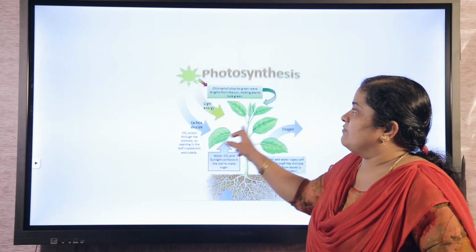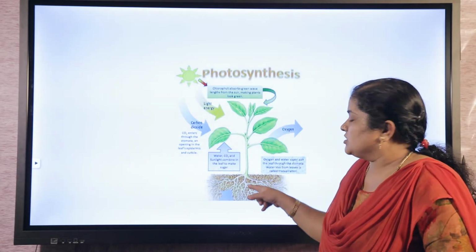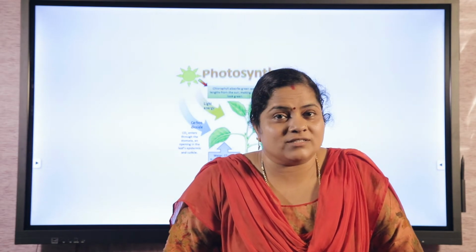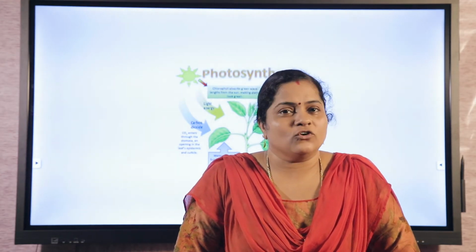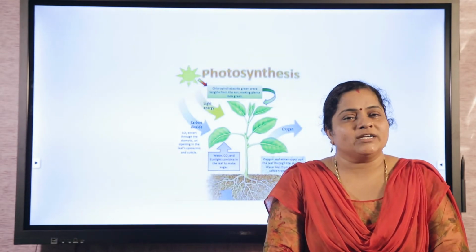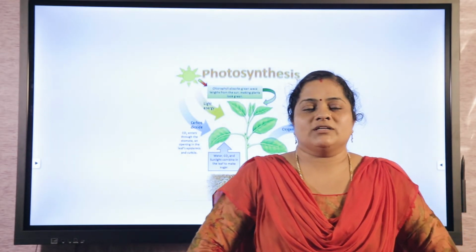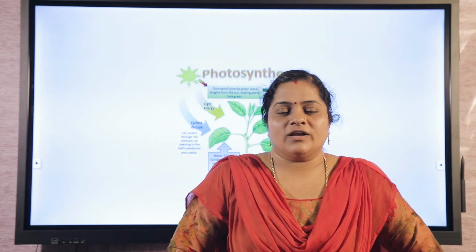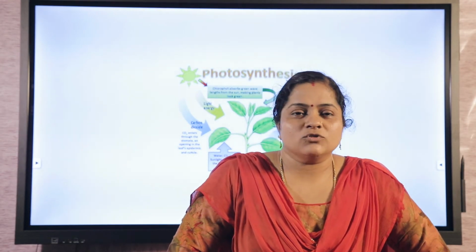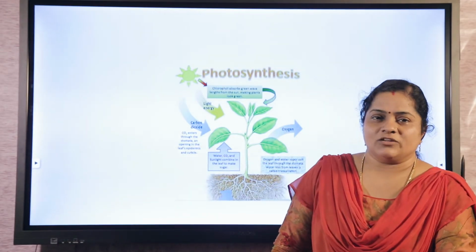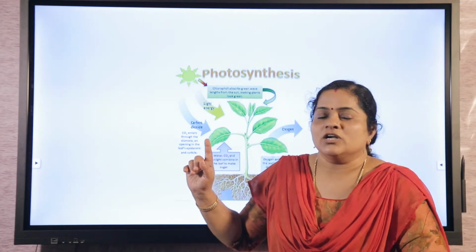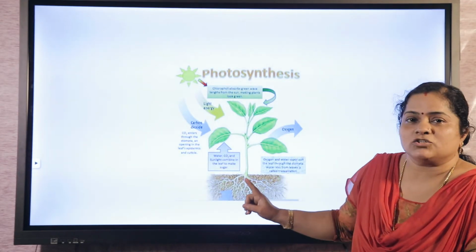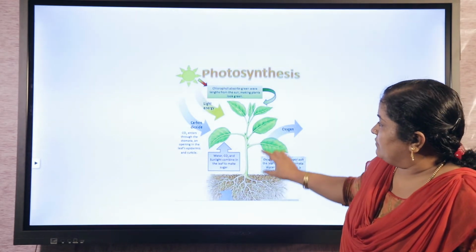Okay, so let us discuss the functions of leaf. Before that, have you ever heard of the word photosynthesis? Photosynthesis, that is preparation of food by green plants. That process is called photosynthesis. What are the ingredients? I already asked you what ingredients your mother uses for preparing different biryani or different types of curries. Many ingredients they use. Like that, these plants also use different things for preparing food. What are the essential things needed for the preparation of food? See, from this picture itself it is very clear.